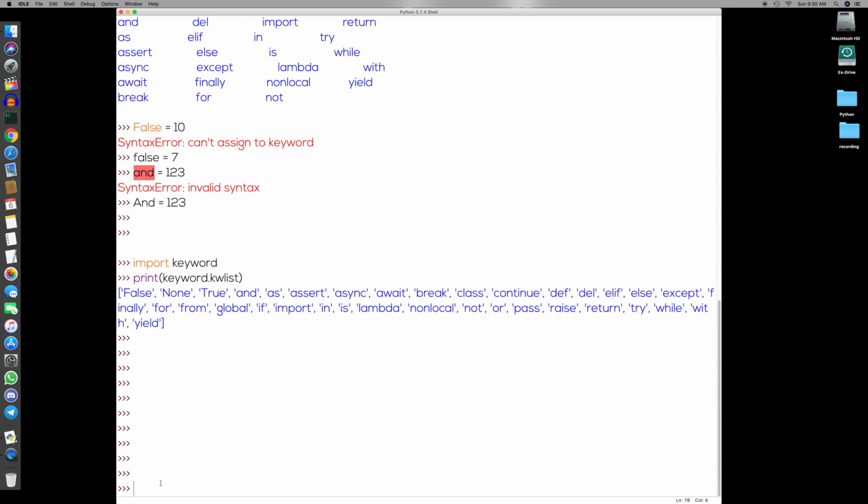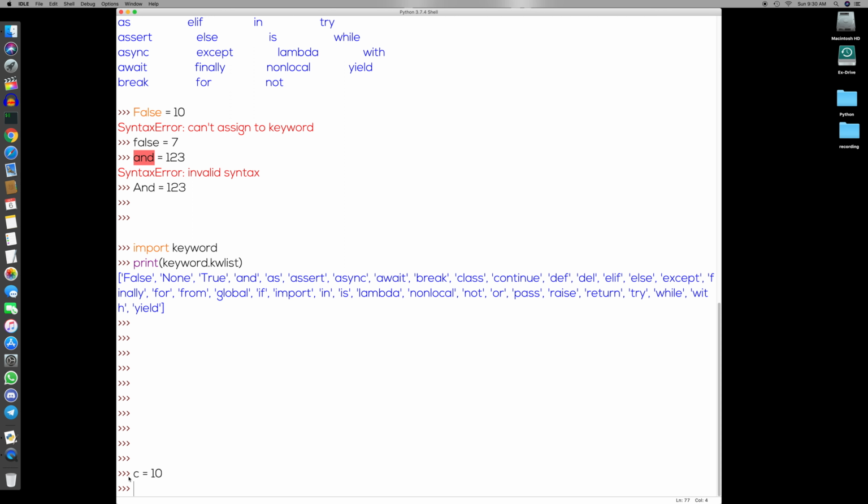Another tip would be to always name your identifiers so that they make sense. Let's take an example. Suppose you have a program where you are tracking a counter and you have defined that variable c equals something like 10. This is not a good practice to define any identifiers. You should define an identifier which makes sense. Later on, when you open your program after a month, after 2 months, or after 6 months, or after a year, you should be in a position to understand by reading your program, right?